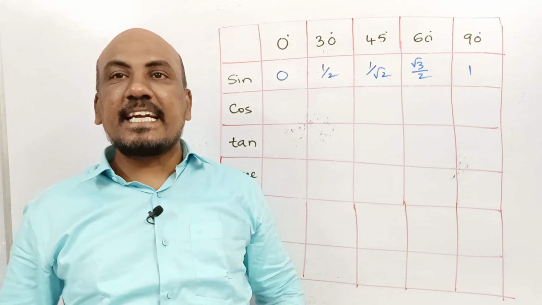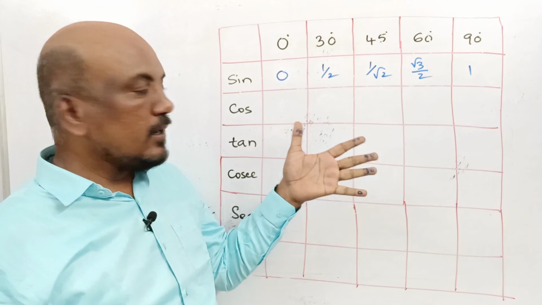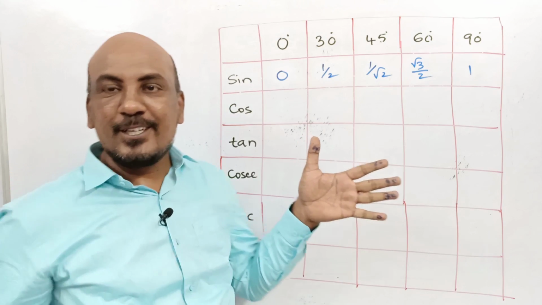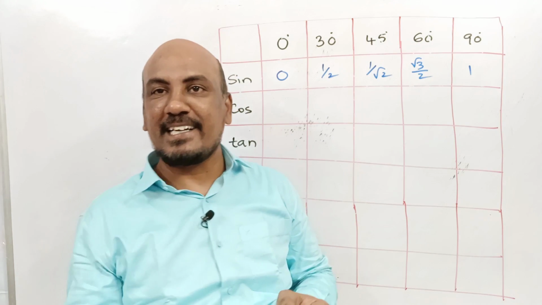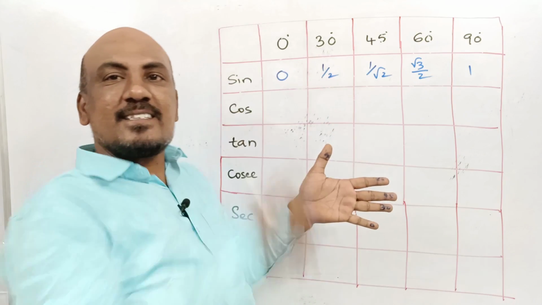Children, now let's get into cos. In the same way, here also we will follow the same principle, but we will count the fingers above. To remember sine and cos, where do you sign, children? You will sign below the letter. So you remember that sine is below and cos is above.